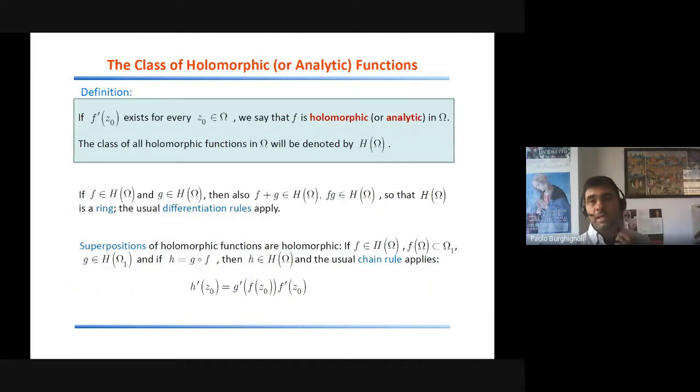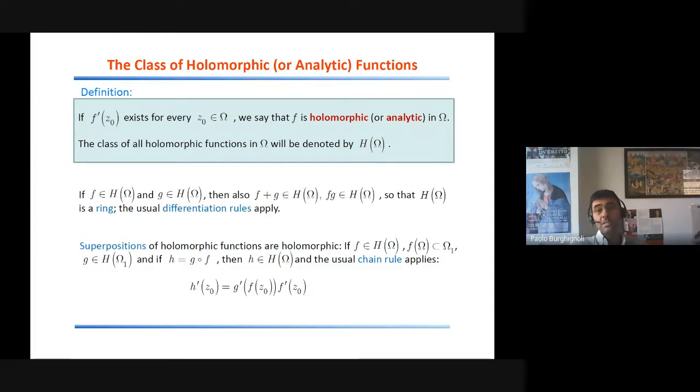Now we can define the class of holomorphic or analytic functions. The word holomorphic is the same as analytic. If the derivative of the function f exists for any point z0 in the open set omega, we will say that f is holomorphic or analytic in this set omega, and we indicate the class of all holomorphic functions defined in the same set omega with the symbol H of omega, where H, of course, stands for